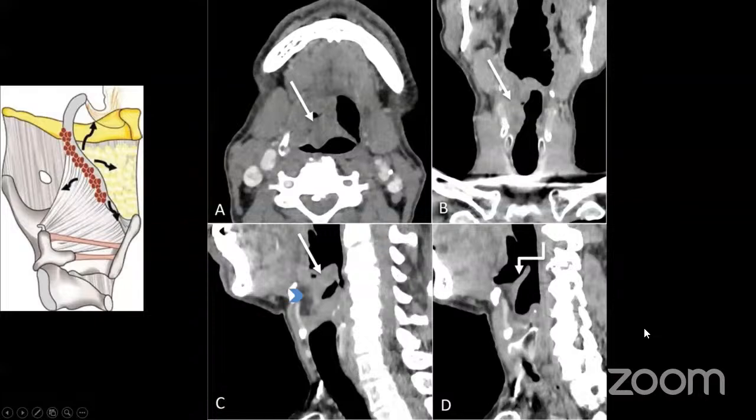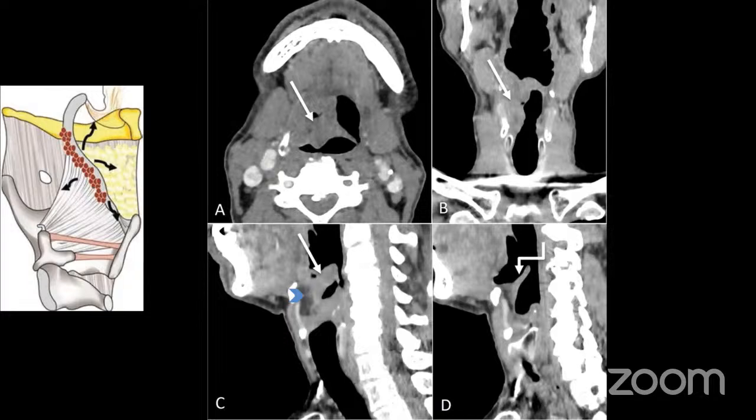So now I'll show some cases with disease spread patterns, and then we'll see what are the treatment implications of these spread patterns. The first case over here is a supraglottic laryngeal cancer. I've shown axial, coronal, sagittal images, and you can see that there is a proliferative mass which is involving the right vallecula. It's going into the suprahyoid and infrahyoid epiglottis over here. So the supra and the infrahyoid epiglottis both are involved. And then there is median glossoepiglottic fold involvement as well.